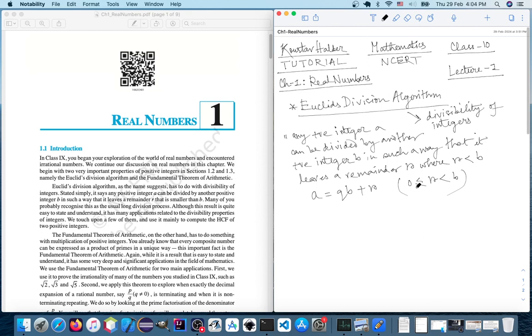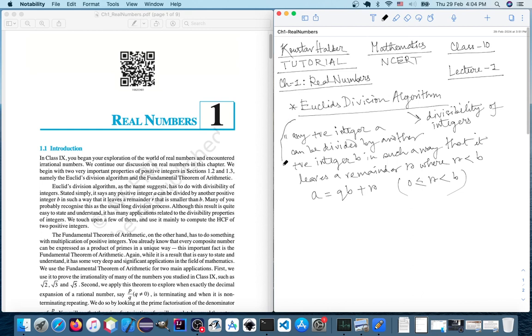It says that this algorithm has many applications in mathematics, one of being the divisibility properties of integers. So this divisibility of integers is an application of Euclid's division algorithm. Another application of Euclid's division algorithm is, okay,